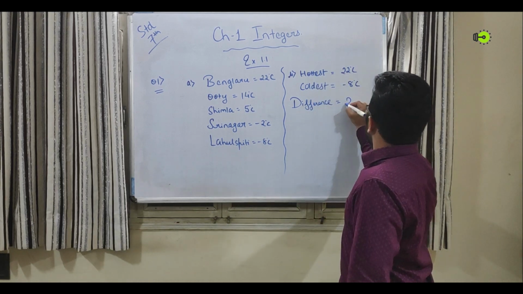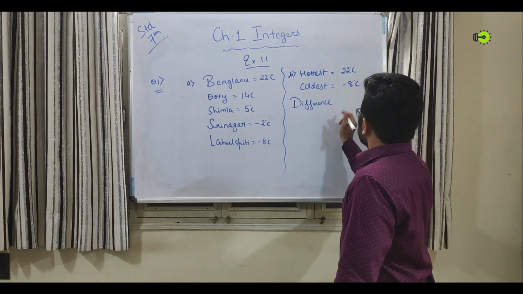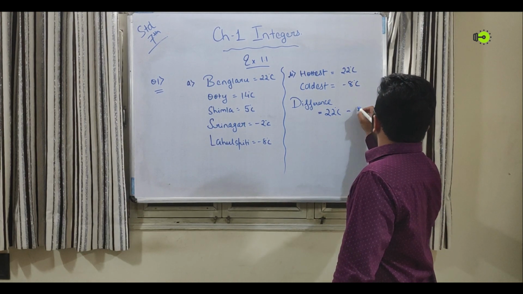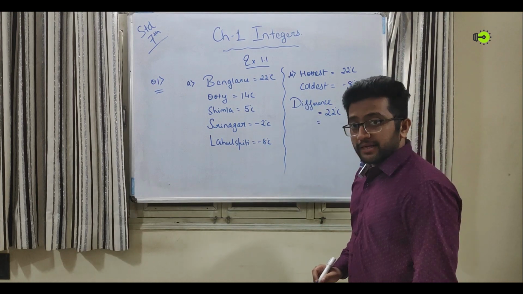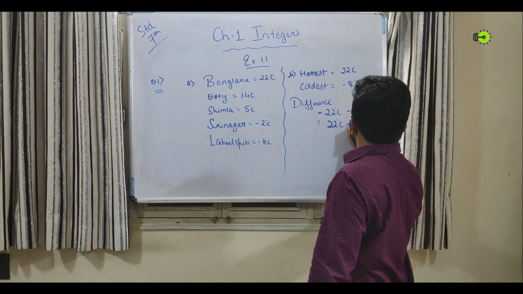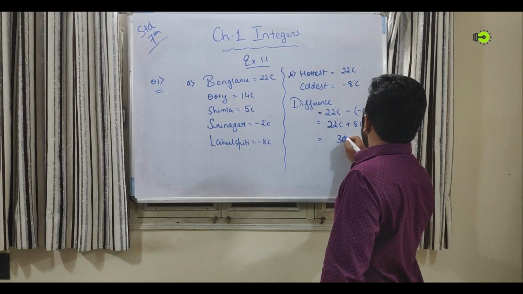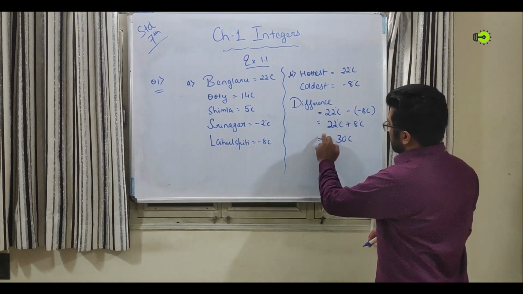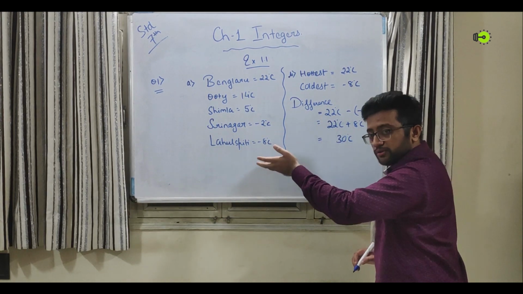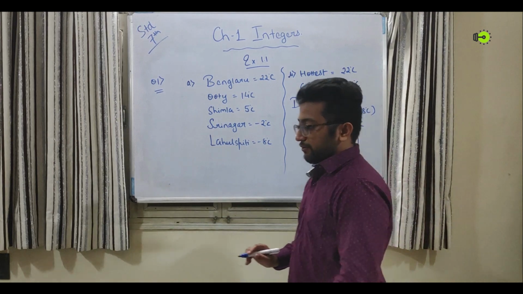So 22 degrees Celsius minus of minus 8. We have to put it in brackets. We will apply the sign convention, the rules of addition and subtraction. Minus minus is plus. So 22 degrees Celsius plus 8 degrees Celsius, we have to add it. 22 plus 8 is 30 degrees Celsius. Sign of the greater: here the greater number is 22 and the sign is plus. If there is nothing before the number, we have to assume that it is plus. So our answer is 30 degrees Celsius. Please note it down.